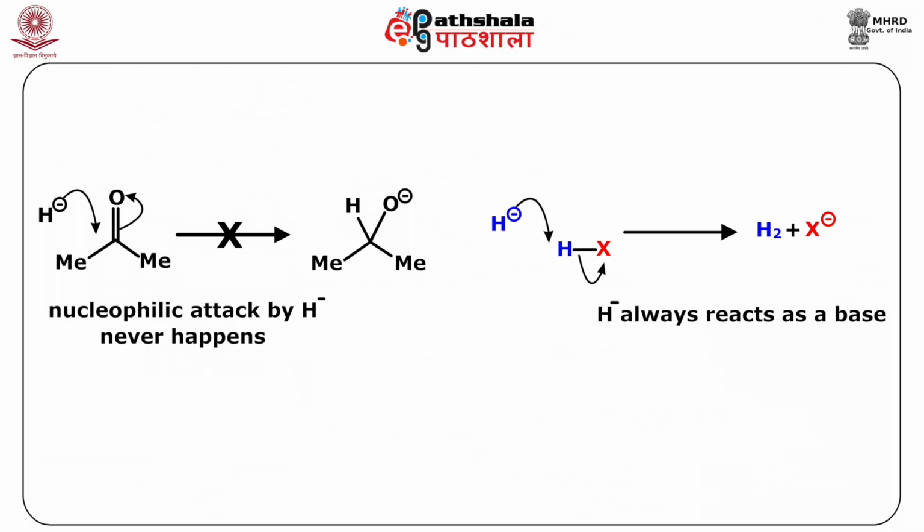It only reacts as a base and not as a nucleophile, and this is because the contribution of hydrogen atom to the sigma star orbitals of the H-X bond, where X is any other atom, and the filled 1s orbital is ideal for interaction. Instead of this, the 1s orbital which is filled is very small to link with the carbon's more diffused 2p orbital contribution to the lowest unoccupied molecular orbital, which is pi star of the carbonyl group.